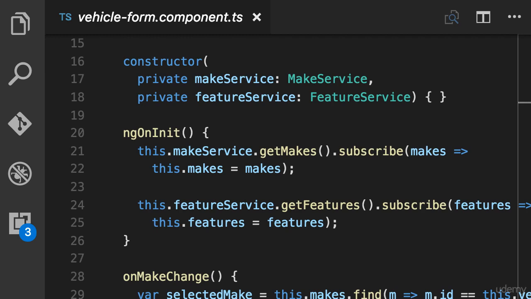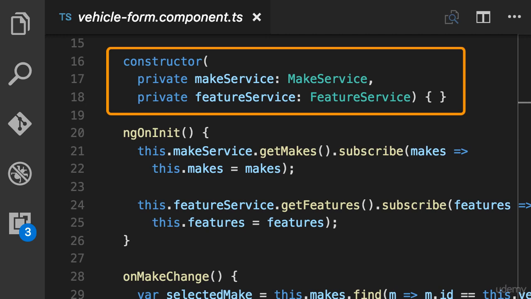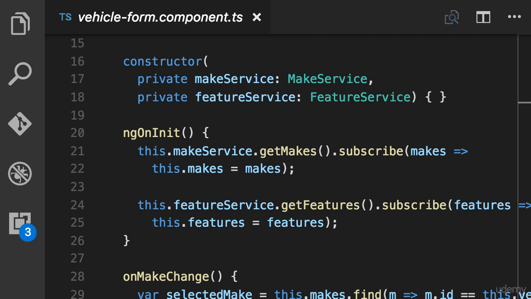Now, I see a tiny issue in our design here. In the constructor of vehicle form component, we have two dependencies. And each of these dependencies is a class with only one method, getMakes or getFeatures. Now, potentially, as we extend this application and add more fields to our vehicle form, chances are we may need